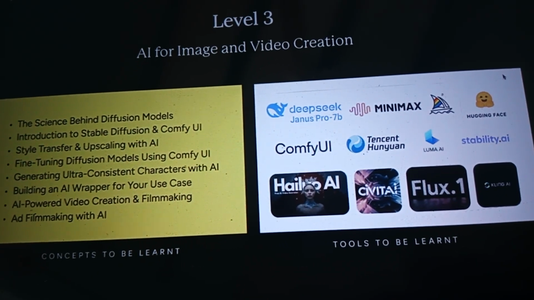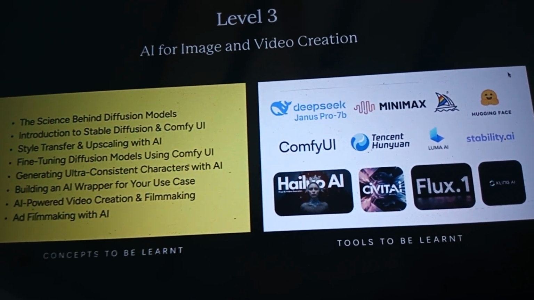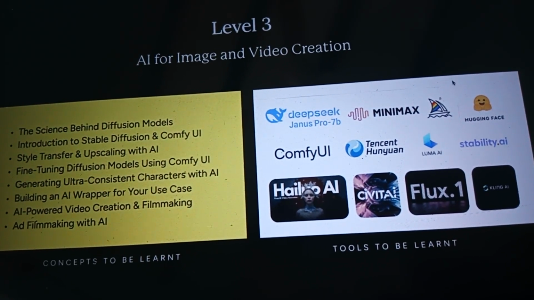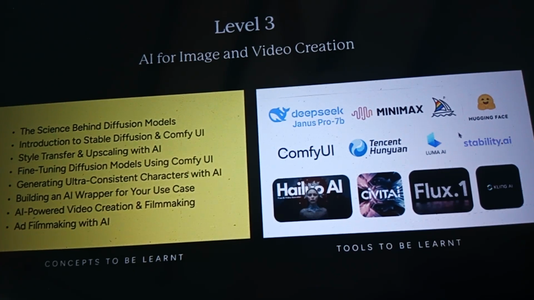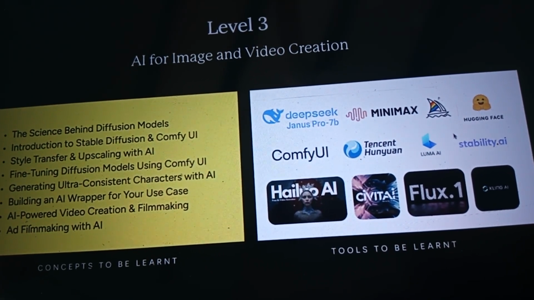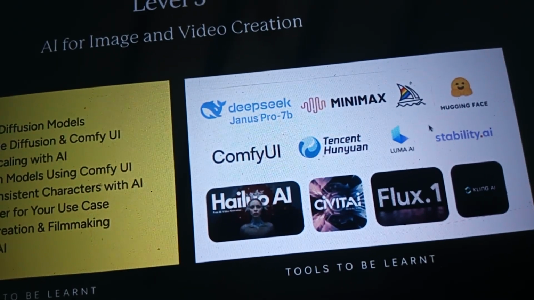So you'll build a lot of AI wrapper use cases. You can build a full film as well. You can build ultra consistent characters and all of that. The tools that you should explore are, like I said, Krea AI, Civitai, Flux, Kling, Stability, Tencent's Hunyuan, Hugging Face,